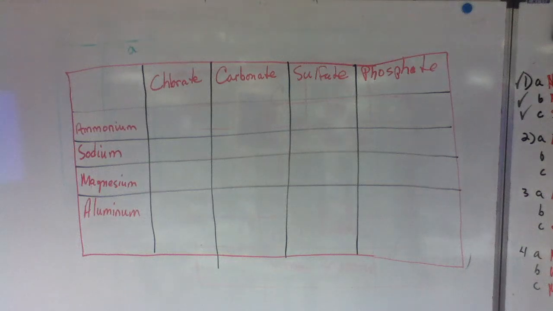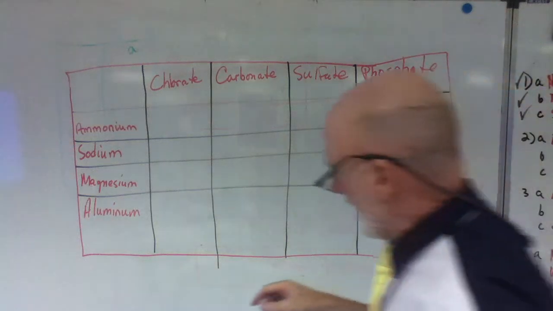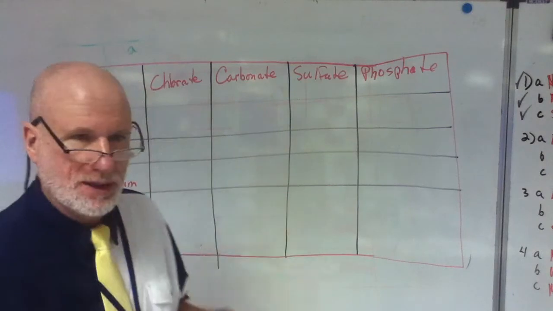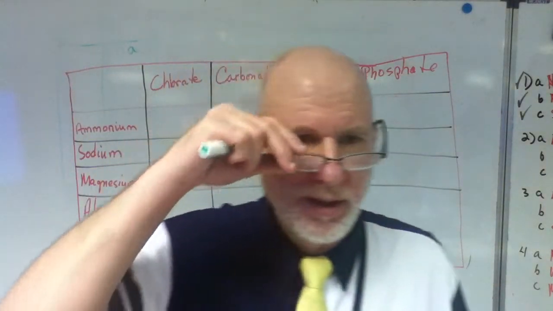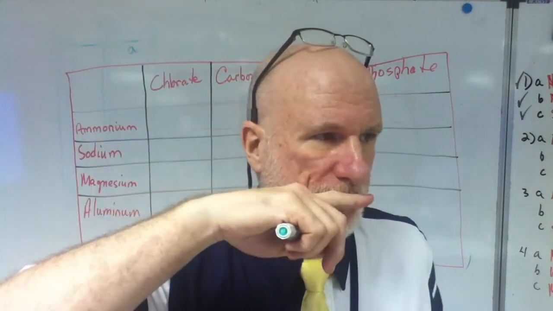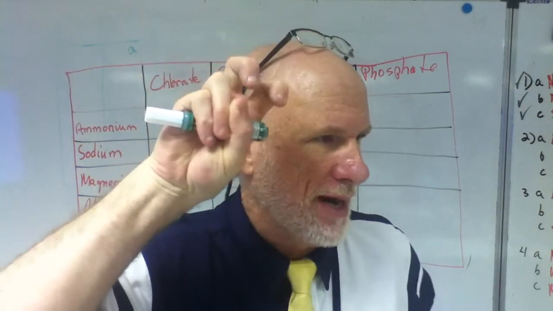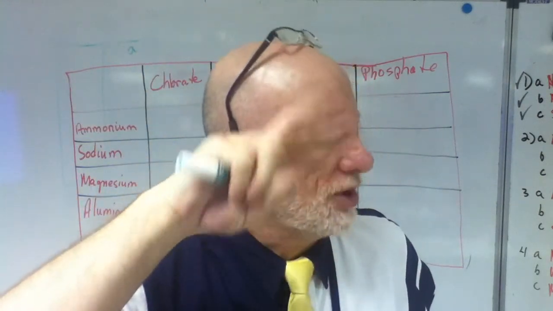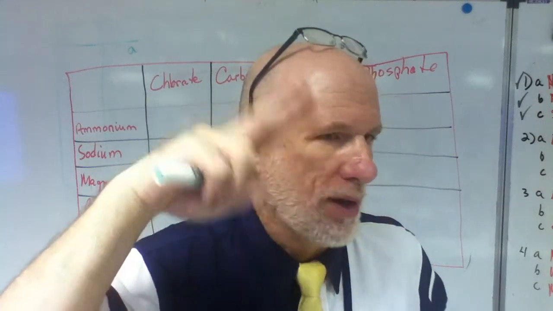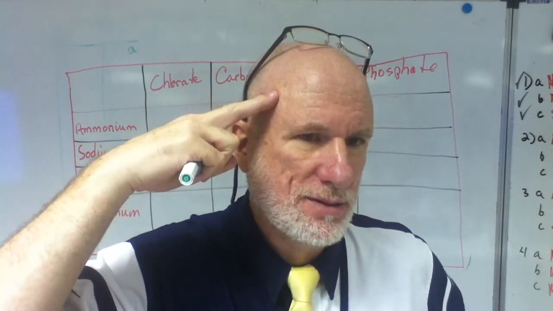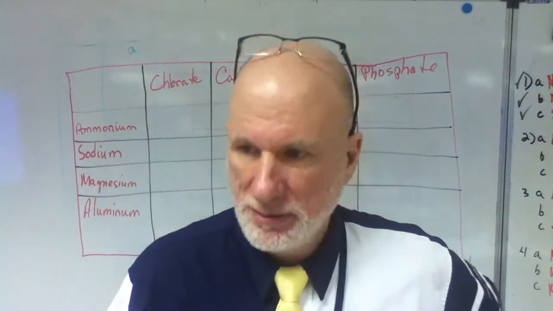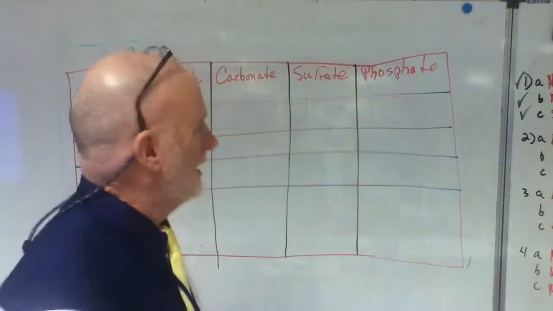Okay, so we've established that this is going to be something a little bit different. We did binary nomenclature. Binary nomenclature was made of two elements, right? Sodium and chlorine, two different elements, correct? And where do you find those elements? On the periodic table, okay? This is called